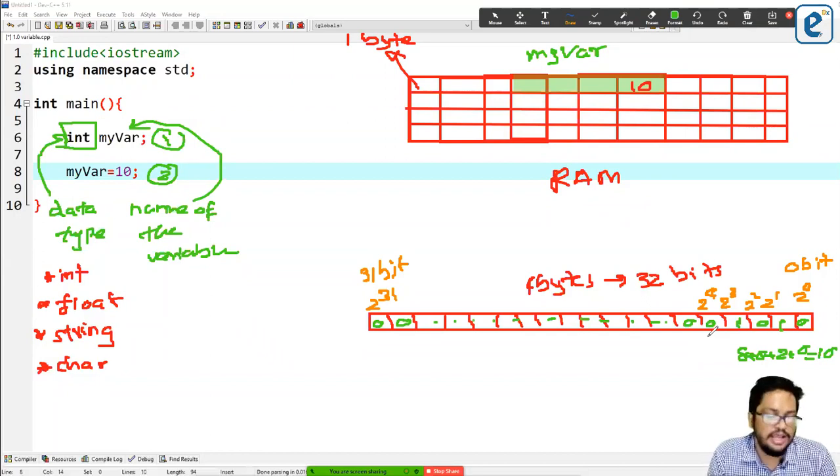So what happens when you are going to declare a variable, like we have several data types. How many bytes will be reserved is dependent on the data type. So let's assume that's int. In int there will be 4 bytes reserved, right? So then we can assign a value to the variable.